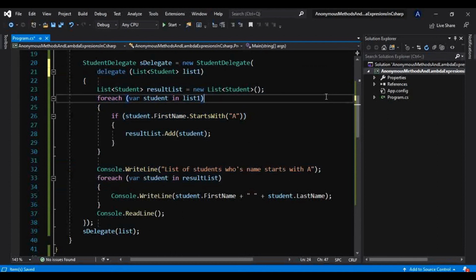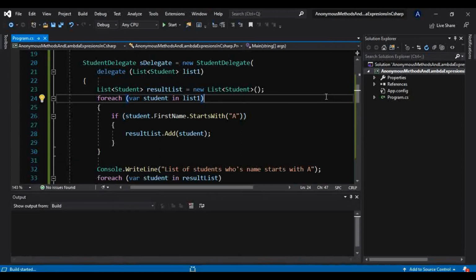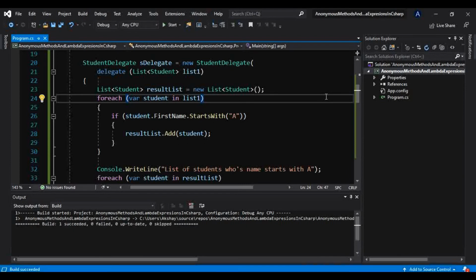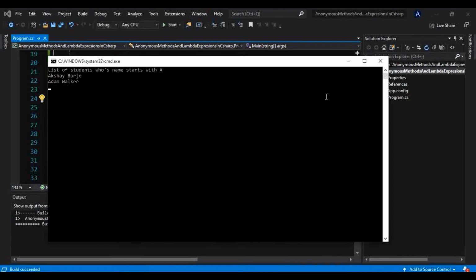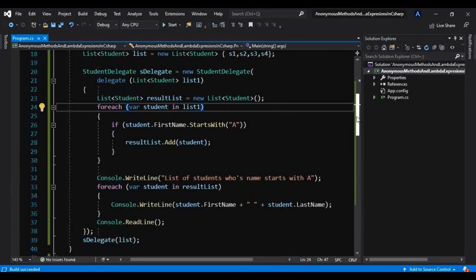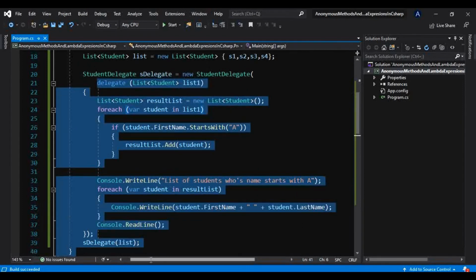So I will run this again and I will show you that we will get the same output. Two names, that is Akshay Borje and Adam Walker. So we are getting the same output, but we are using this anonymous method here.